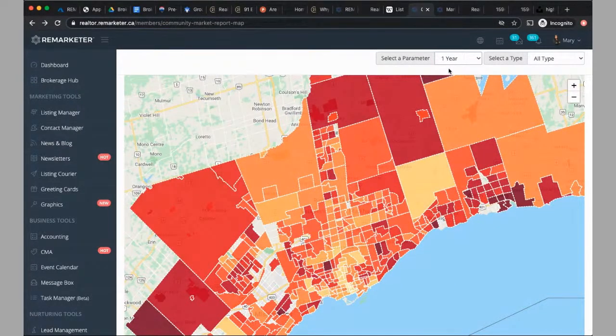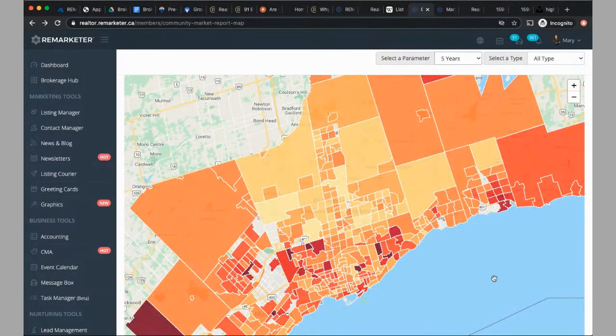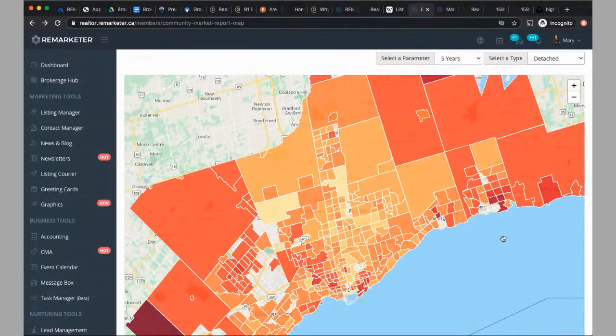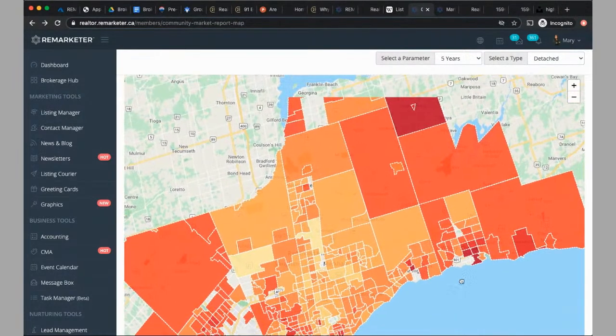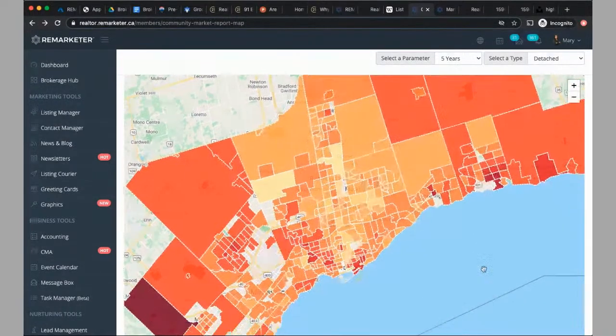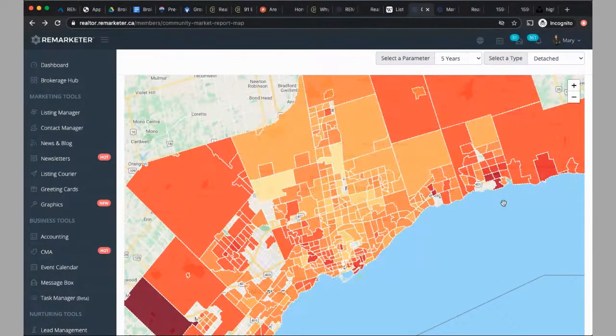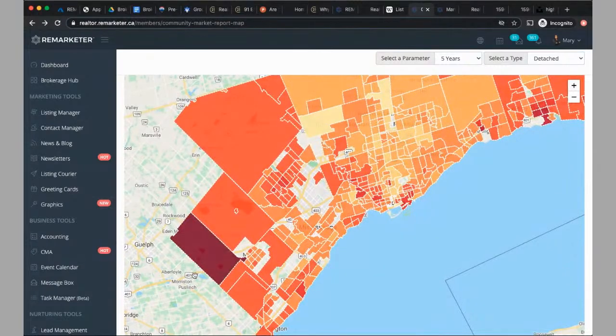Looking at let's say 5 years growth, you can see where the heat is. So these are the areas for 5-year growth. All right, now I want to get into some more details. I'm going to change this to detached properties. So I want to see where detached properties have grown the most in the past 5 years. So you can see, obviously we have up here, forget about that, but down here in Oshawa, we had some heat. Over here in Pickering,